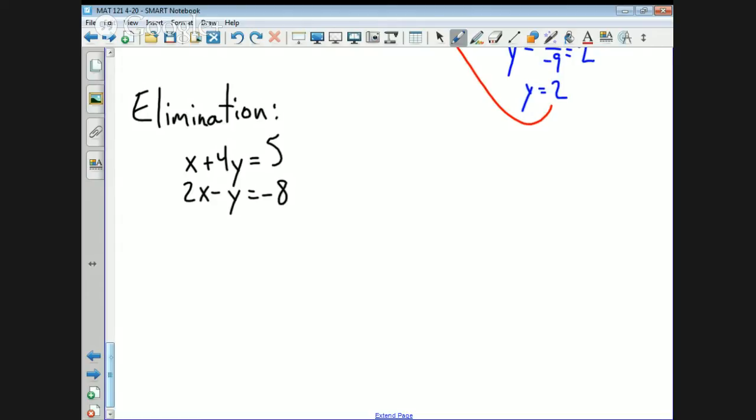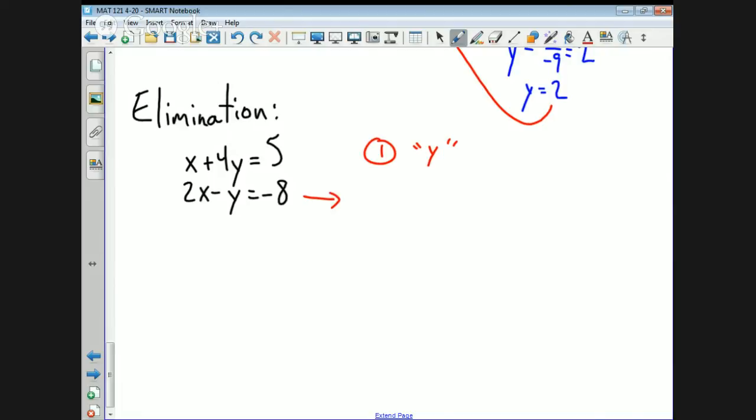And in order to get y to eliminate, in step 1, we're going to choose the variable, y. And then we're going to multiply one or both equations by an appropriate non-zero constant so that the sum of the coefficients of one of the variables is 0. Well, I want the variable that I chose, y, to be eliminated. So for the second step in this one, I have to multiply,